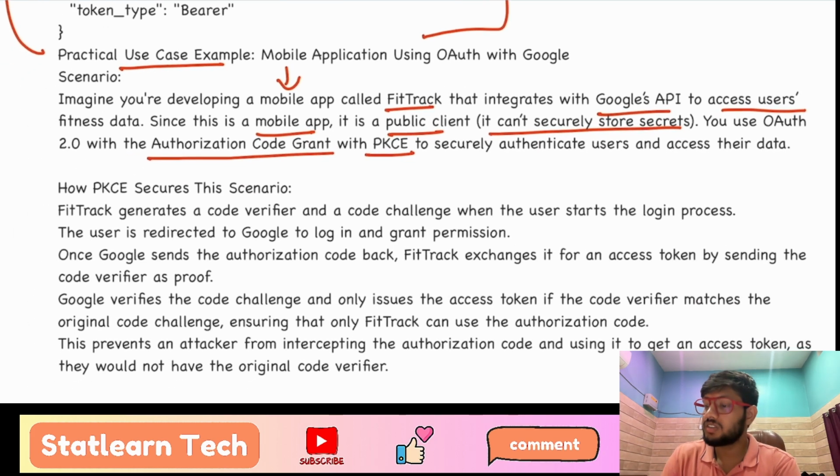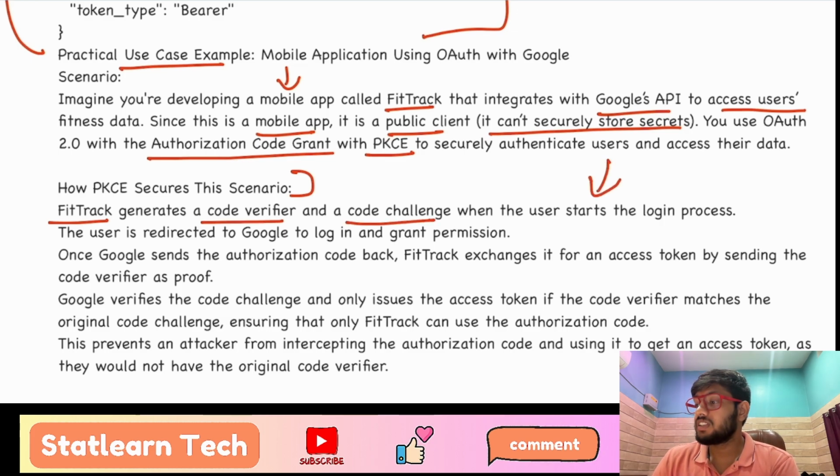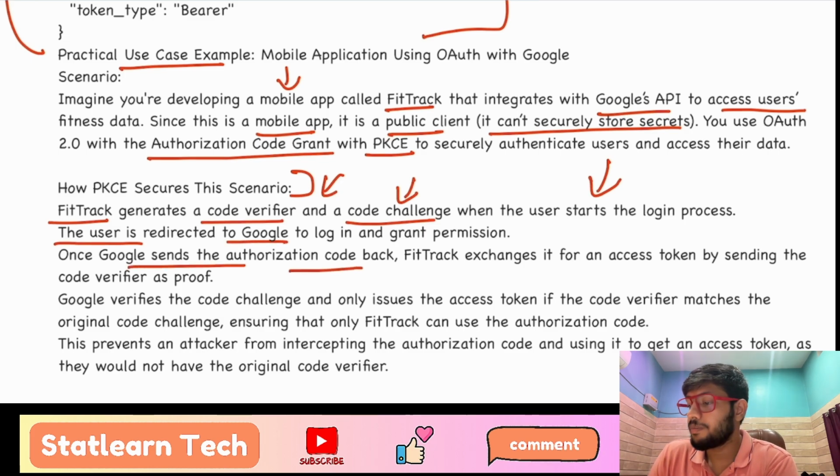How this scenario works, let us see. So the FitTrack app will generate a code verifier and a code challenge when the user starts to log in. Whenever the user is redirected to Google to log in, it will also carry the code challenge. Now the user is redirected to Google to log in, and once the user has approved this request, Google will send an authorization code back to the FitTrack application, and now FitTrack will try to exchange